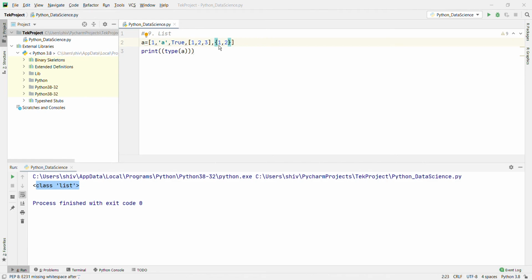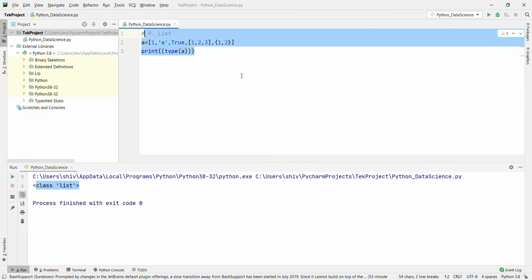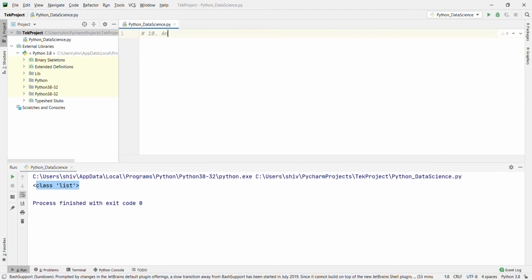And the tenth is any and all in Python. Just remove this one. Any and all are two built-in functions provided in Python used for successive or and and. any returns true if any of the elements or items is true. It returns false if empty or all are false. Let's go with the example.